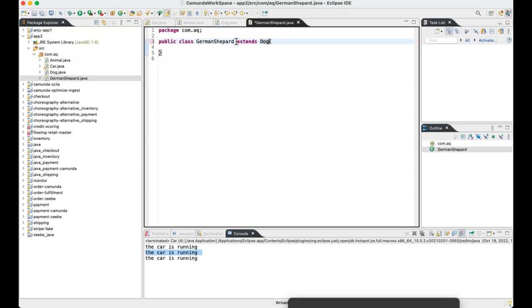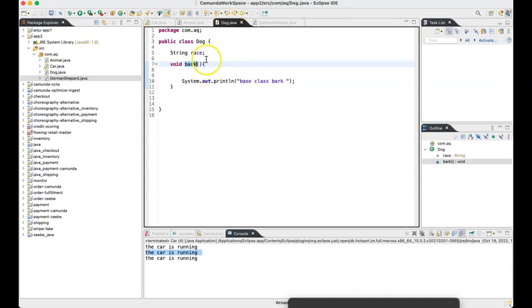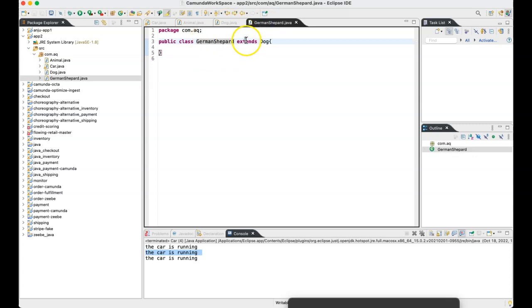Right. So what I'm saying here is there is another class called German Shepherd which extends from dog. We are telling, hey, German Shepherd also is a dog, so you don't have to redefine what was defined inside dog. You're just telling it to extend all the features of dog into German Shepherd. How is that possible? I'll show you.